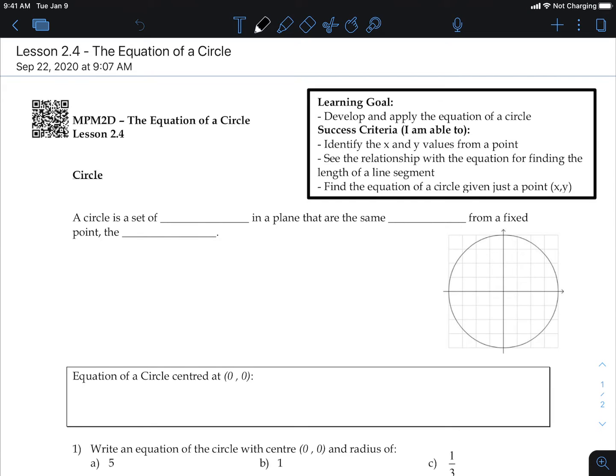Okay. So we're just going to take a look at the equation of a circle today, which the likelihood of you guys seeing might be pretty small, but it's kind of interesting where it comes from. So a circle is a set of points in a plane that are the same, what do you think? They're all the same distance from a fixed